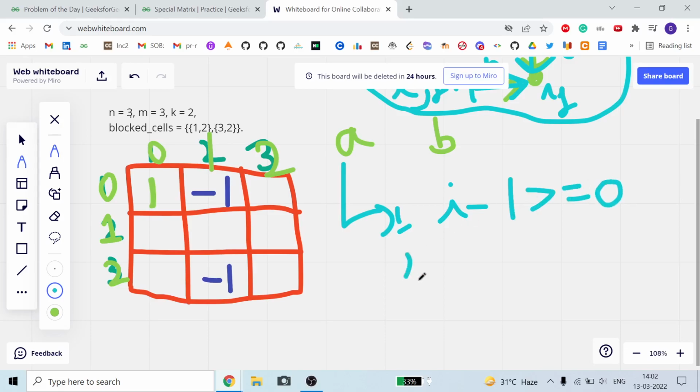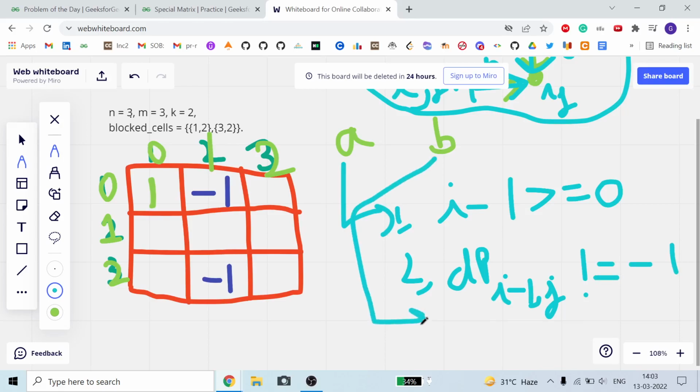Second, dp i minus 1 comma j should not be equal to -1, meaning it cannot be a blocked cell.